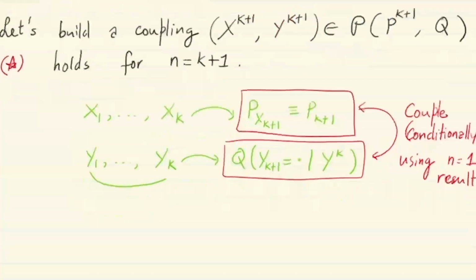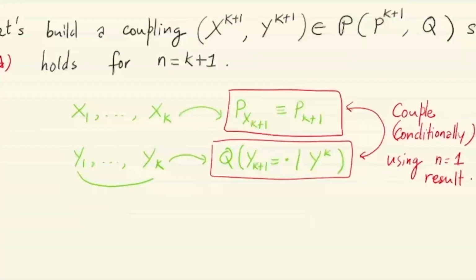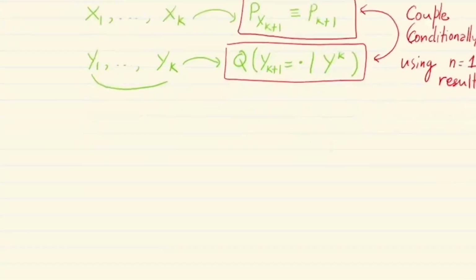Okay, and we will be able to argue that the entire joint thing between x1 to xk plus 1 and y1 through yk plus 1 is the desired coupling on k plus 1 length sequences, designed to have the appropriate marginals, that is p on the top part on the x side and q on the y side. Okay, so formally